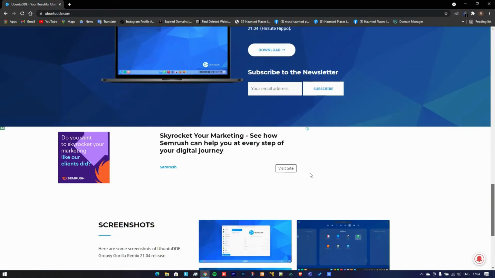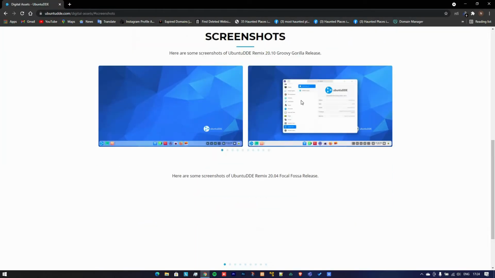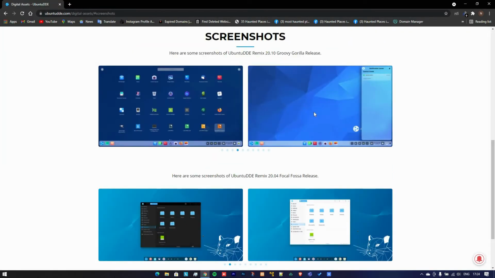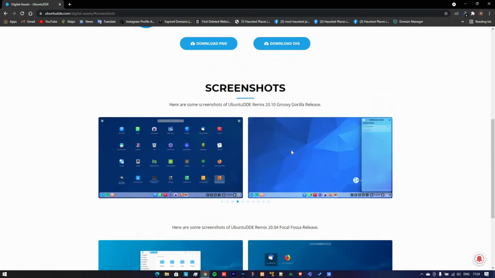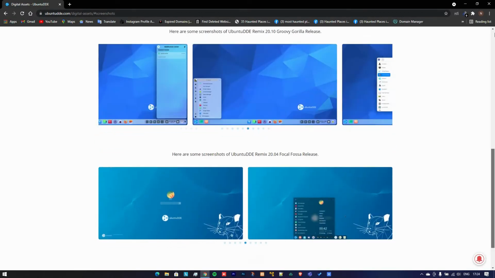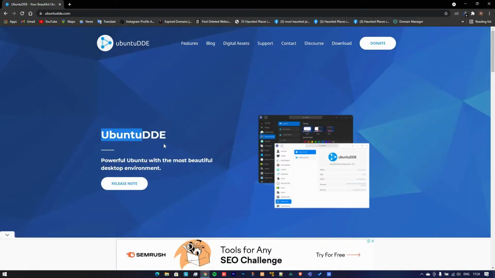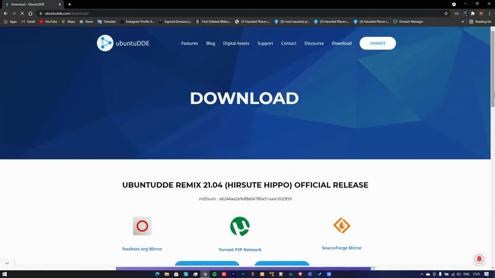If you see the screenshot of this operating system, you will notice that it is similar to DeepIn OS, because it is inspired by DeepIn OS in terms of UI and animations, and for the backend part they have used the Ubuntu backend. And you all know Ubuntu is one of the most famous operating systems in the world of Linux. So to download this operating system, we have to go to their download section,